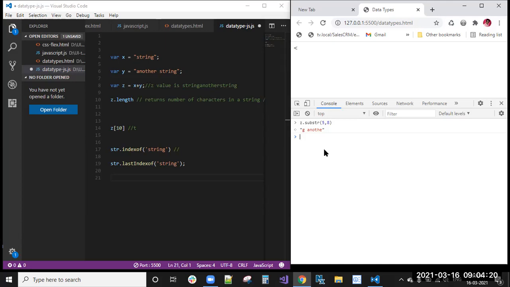The first parameter is the start position, and the second parameter is the length, not the end position as in slice. That is the character count: how many characters, 1, 2, or 3, from that fifth position you want. That is the substr method.